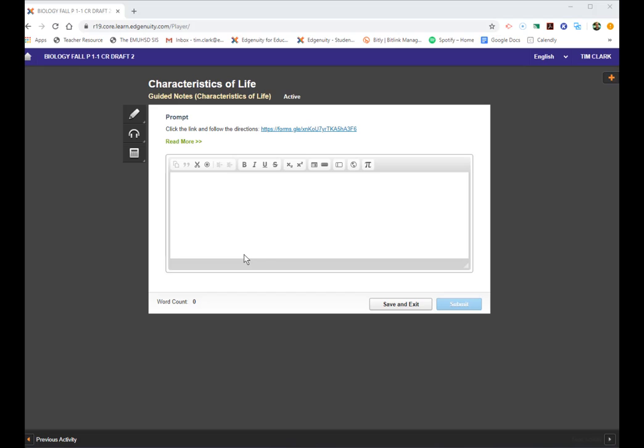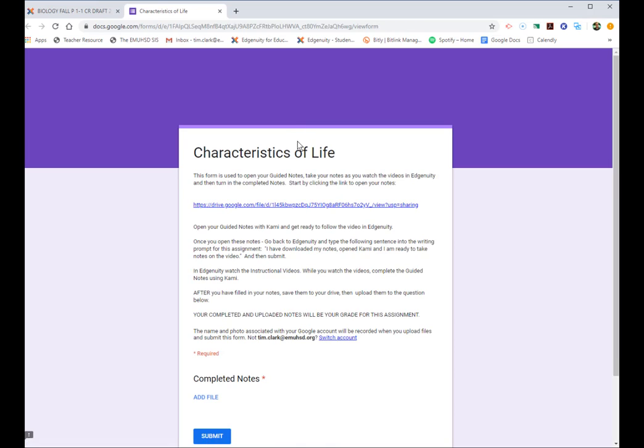These notes are here for you to use throughout the course for your quizzes and your tests and ultimately for your final exam. The first time you're going to use your guided notes, you'll get a prompt, and you get a similar prompt each time you take these notes, where you're going to go to a link that's going to take you to a Google form for the particular guided notes, in this case, characteristics of life, that you're going to use. So you have to click on that form, and that form will open up to a link and